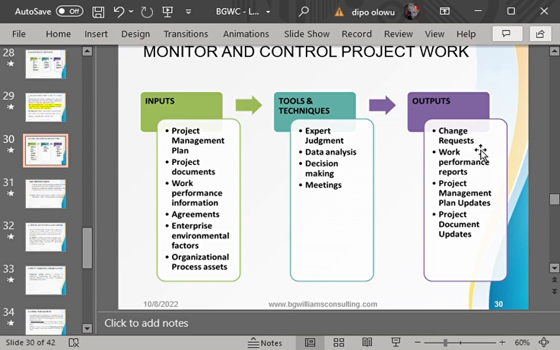So change request is there. You can say, Kule, that thing I asked you to do, you have not done it as we planned. Oh. You say, are you sure? Let me see. Because he now saw that they've not done it as we planned, he says, okay, let's change it. You will go and change it. That is what a change request is. Then a report will be generated, which is the work performance report, regarding the progress of the project. Now, you will notice that in this output, you have project management plan updates, project document updates.